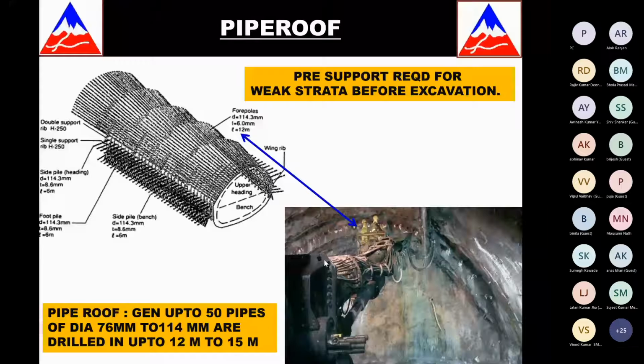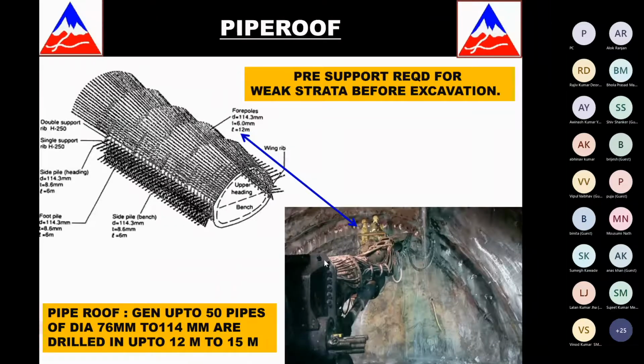Now, in Rohtang tunnel, where we had a 600 meters shear zone, 450 meters of the shear zone was covered with such pipe roofs. Sometimes they were spaced out, sometimes they were double layer pipe roofs of 114 dia with microfine cement and with extra steel also to give us that kind of a strength, so that we could excavate under it. So this is also an important support system. It's a pre-excavation support. The alternative to pre-excavation support is also grouting systems. I am purposely not touching grouting. Tomorrow we are covering grouting in detail, injection grouting with the speaker.